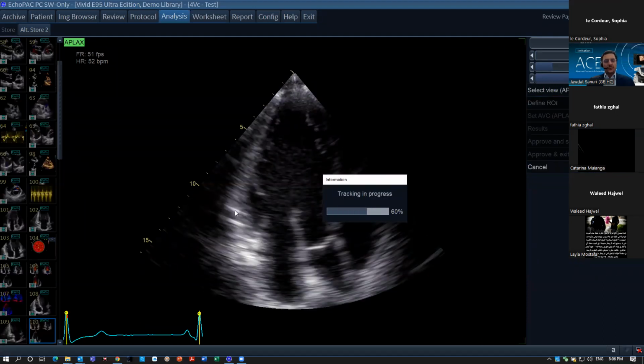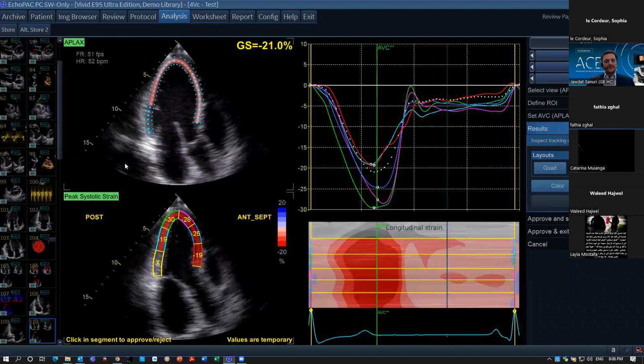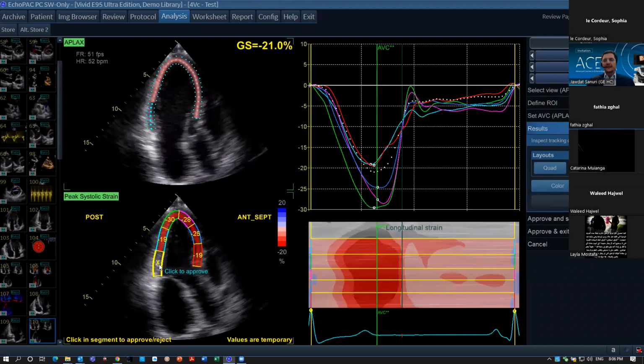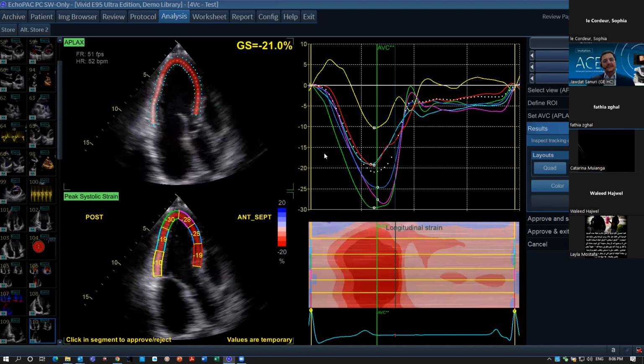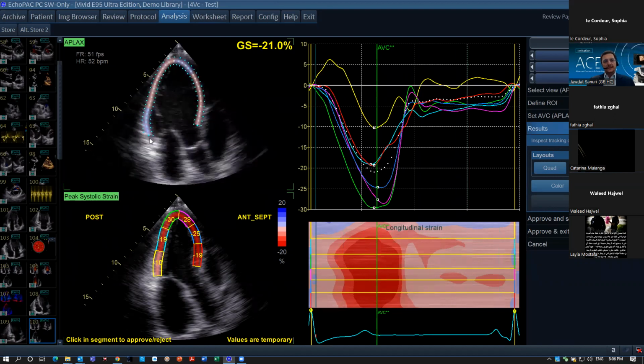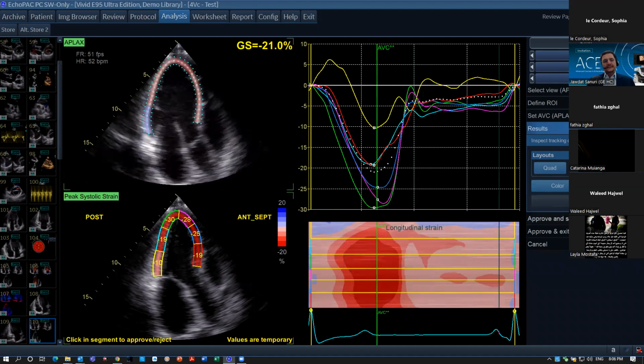Again, if you include pericardium, it will always give you false data. I'll actually overrule and accept this. And here the value is -10. It's okay, but again, this is false information because of the base during early diastole, early systole. So again, we can approve and select next, and we can go to the